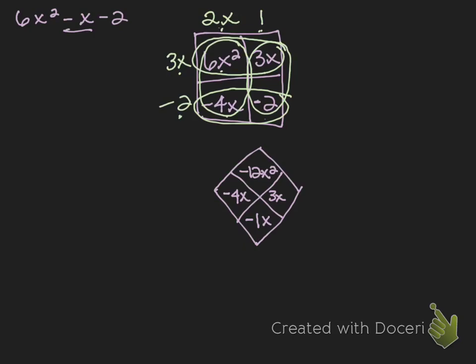All right, now the last thing we need to do is take our 6x squared minus x minus 2 and write it as a product based on what we got from our generic rectangle. So we know that this is really 2x plus 1 times the quantity 3x